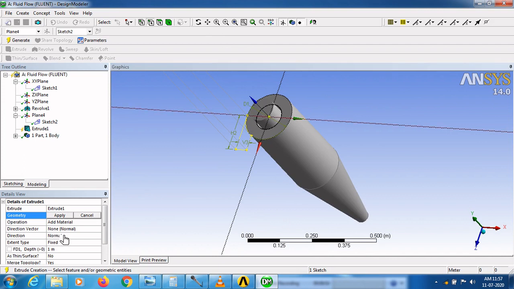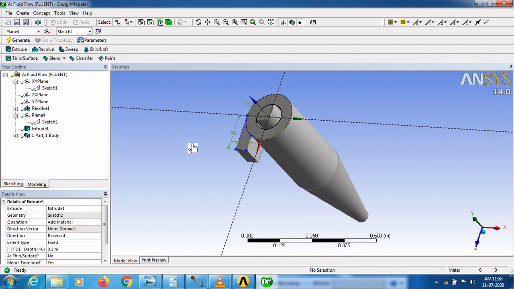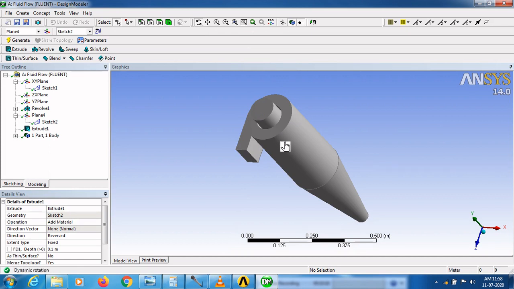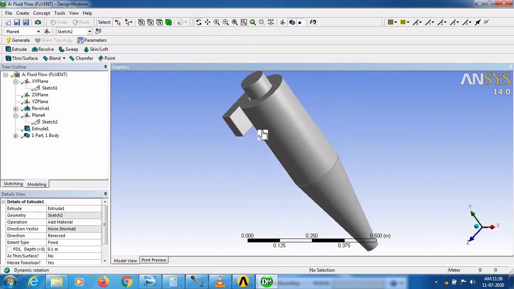In direction option you have to select reversed direction. In depth option you have to provide 0.1 meter because the inlet height is 0.1 meter. Click generate option. Now the sketch 2 is over. Now the cyclone separator is almost modeled.